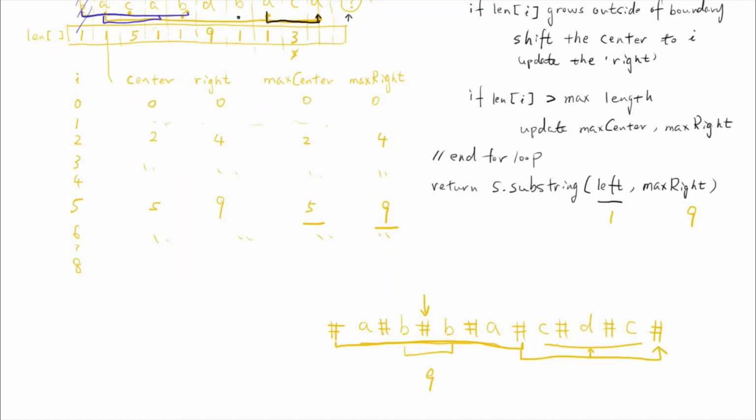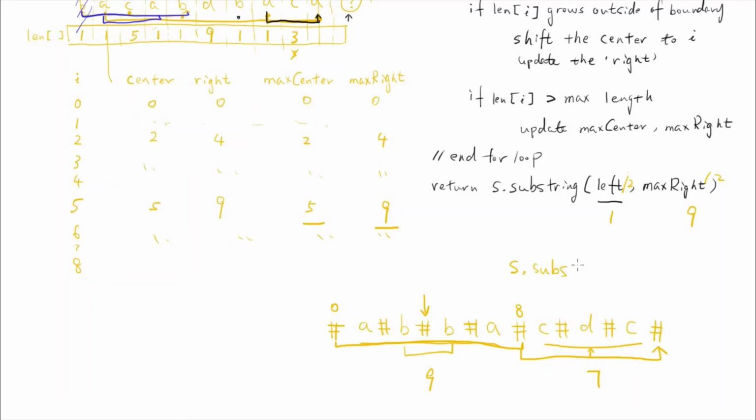The length is 7. When we return the palindrome by using the substring, we can simply divide the index by 2. For example, the left index we can divide by 2, the right index we can also divide by 2. In this example, the index on the left side boundary is 0, and the index on the right side boundary is 8. So when we return the substring, we return